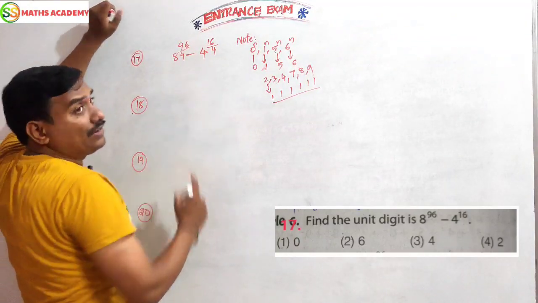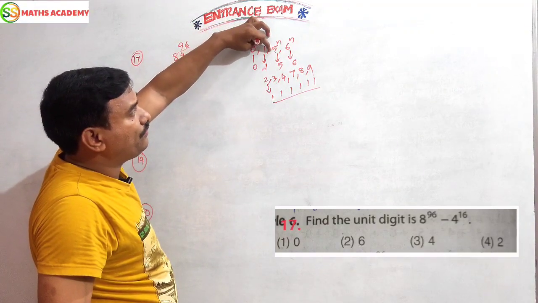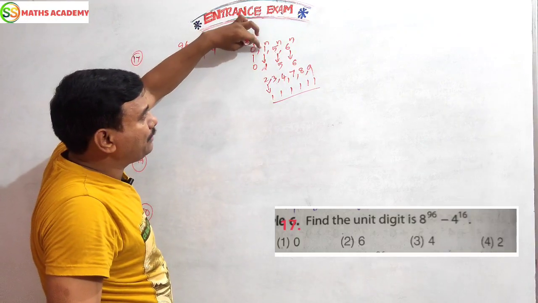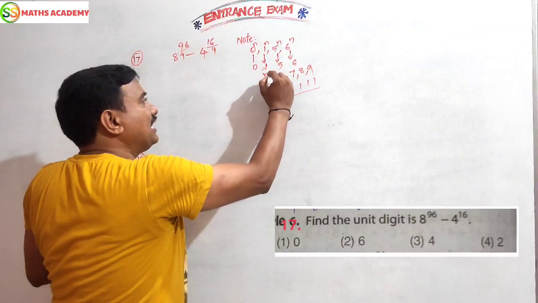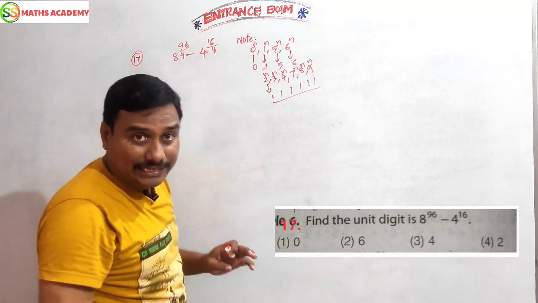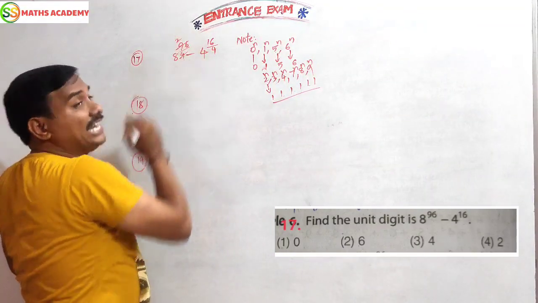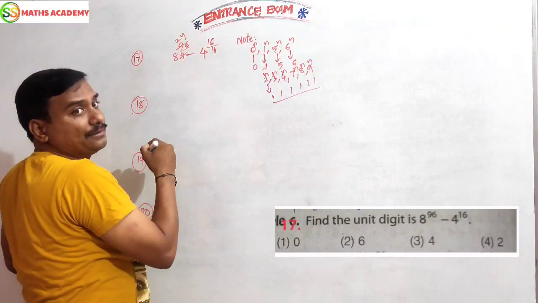Once again, 0 to the power of n, 1 to the power of n, 5 to the power of n, 6 to the power of n: we are getting the same numbers in the unit digit. When these numbers come as powers like this and the power is divided by 4, we should get 1, 1, 1 only. Example, here 4 will divide: 4 ones are 4, 4 twos are 8, remainder 1, 16, 4 fours are 16.